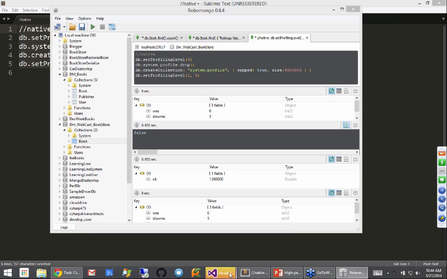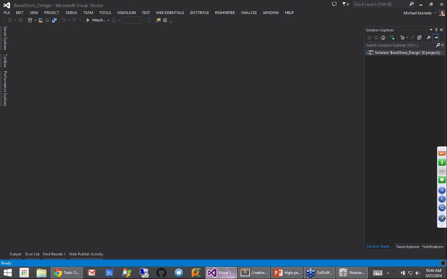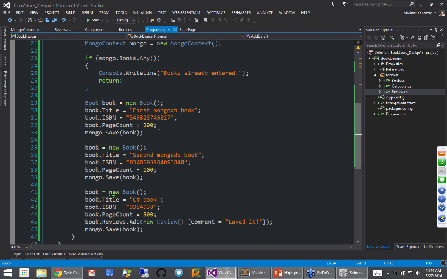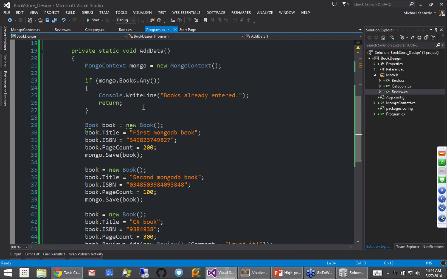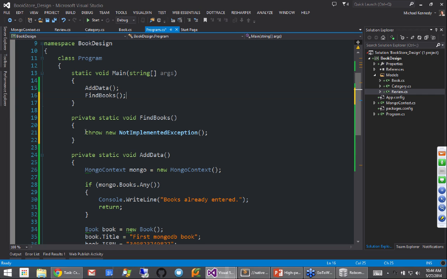We don't do any queries yet, so let's write a query. We'll find something. Say find books. So maybe we want to find all the books that are 200 pages or more.